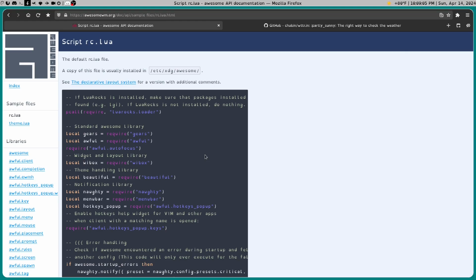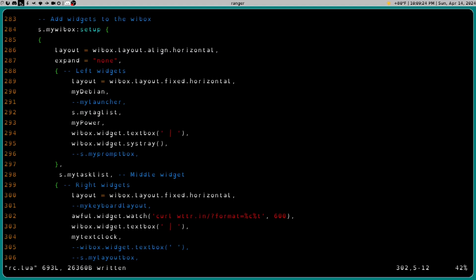file. And if you don't want to download it from here, there's also a copy of it locally, which you can find at /etc/xdg/awesome. You can copy it from that directory and then paste it into ~/.config/awesome. And once you've got that in there, then you'll want to double click into it to open it, or however